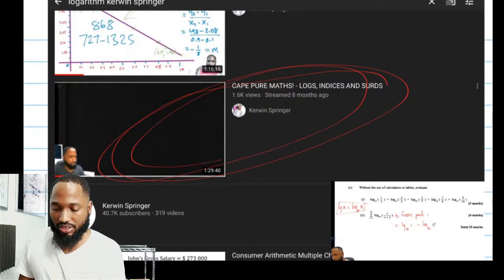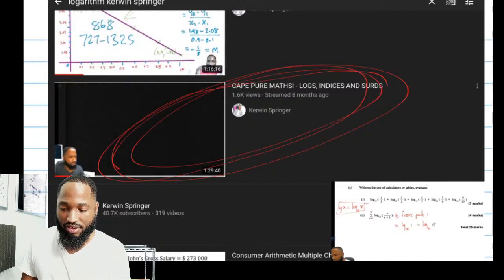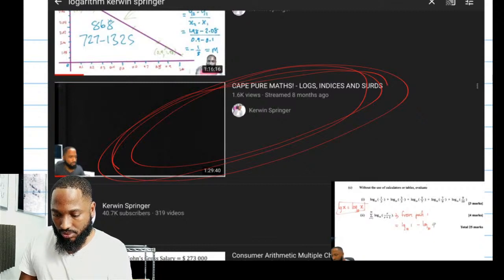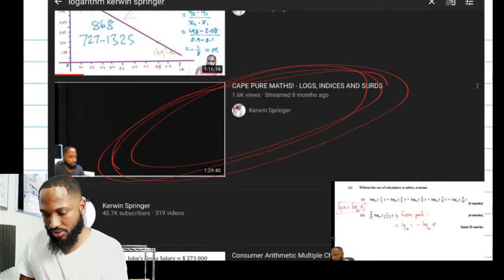If you're in focus without Casios, now the Sharp can do some of the same functions. It's just a little harder to do. I have some videos showing you how to get the best out of the Sharp. You could watch it on 1.5 speed, you know. Your time is the most important thing out here. Earlier I know I did a sweet pure maths video on the whole logs.